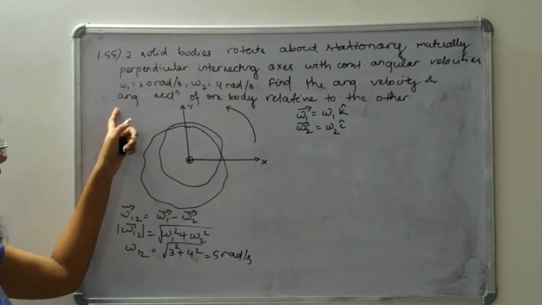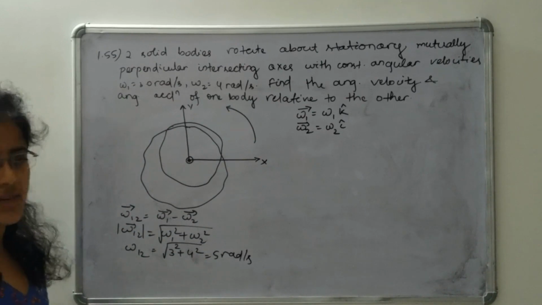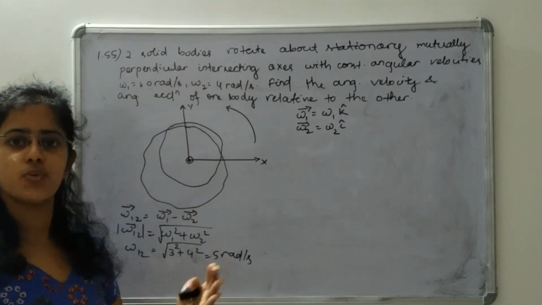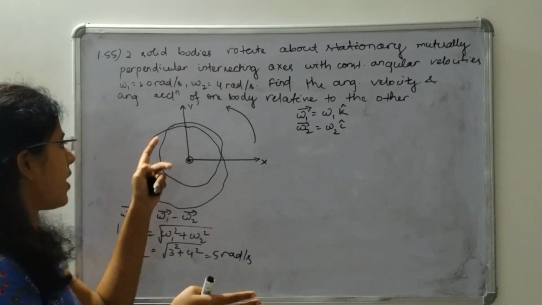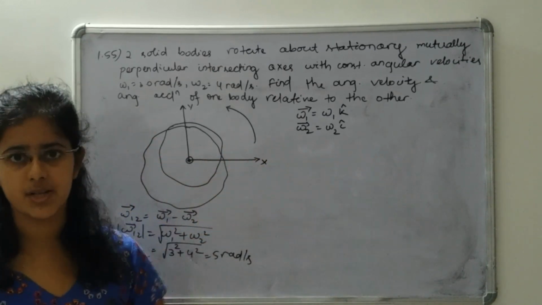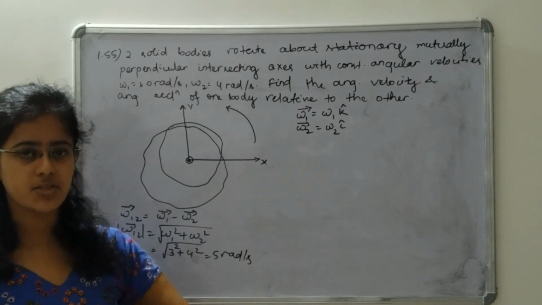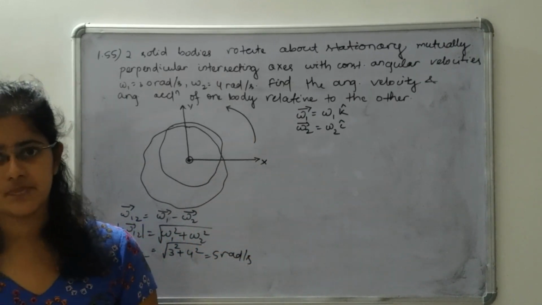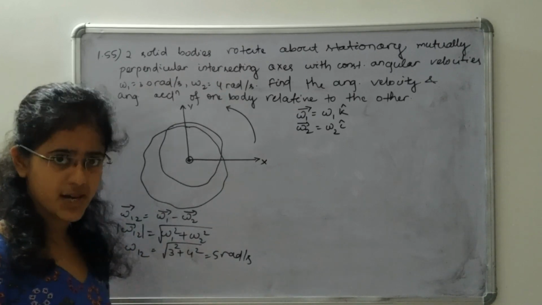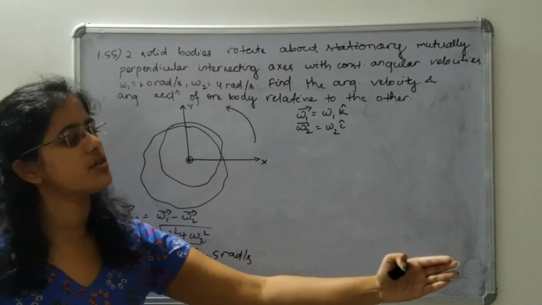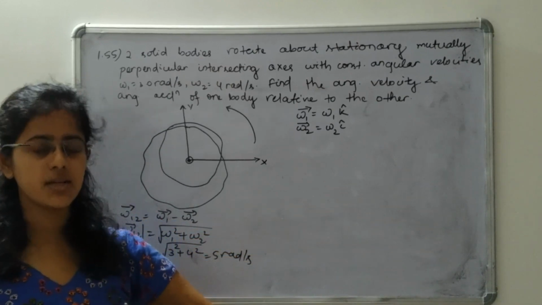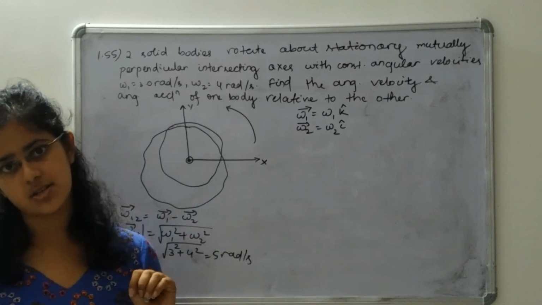Next we have to derive the relative angular acceleration. Relative angular acceleration means what? We are in one frame, that is, we are not on the ground, we are in one body frame and observing the other body. That means the angular acceleration or angular velocity of the other body with respect to the first body. If you are in the first body frame, then you are observing the second body in which angular velocity it is rotating or in which angular acceleration it is rotating.